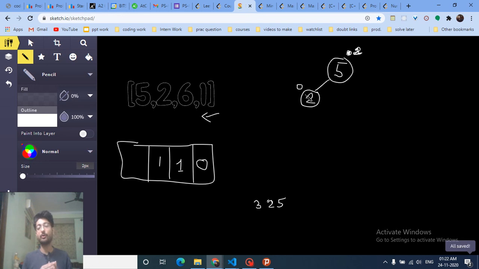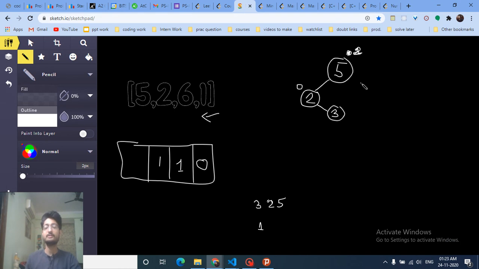Because now I go to the right side, I will insert at this point, but I will know how many elements are on the left side of it, which is stored in the parent frequency. So the parent frequency is 0, but I have to also count the parent node itself, because the parent node stores how many elements are on the left side, and I have to also include the parent itself, because the parent is also smaller. So the answer is 1, because this frequency plus the parent itself gives 1. So the answer is 1 for this, because there's one element to the left side of it which is smaller.